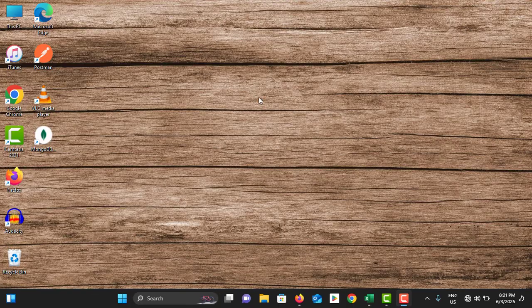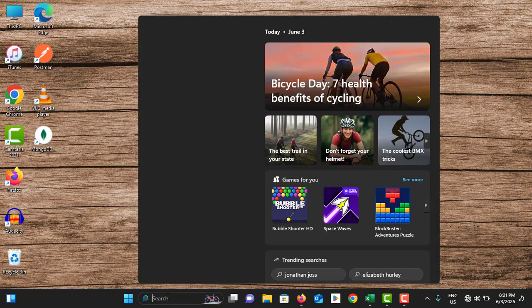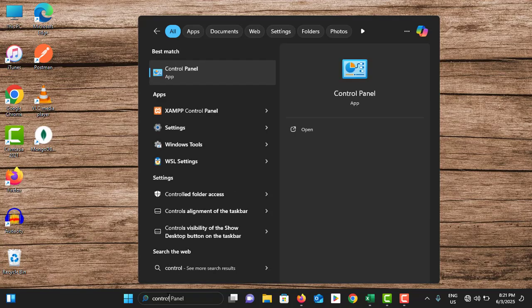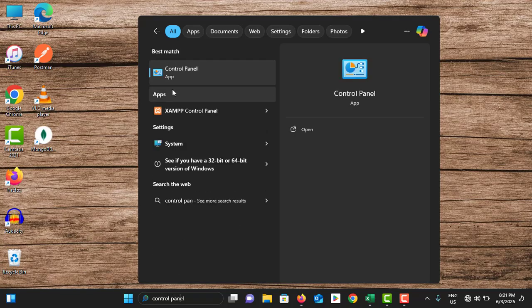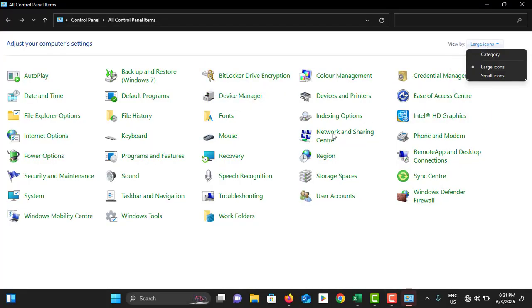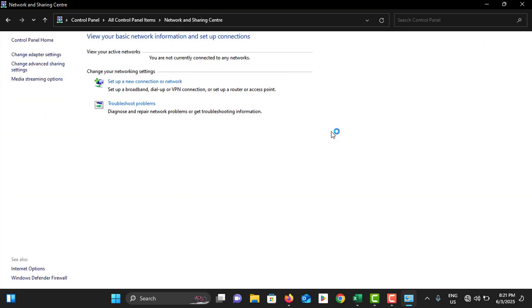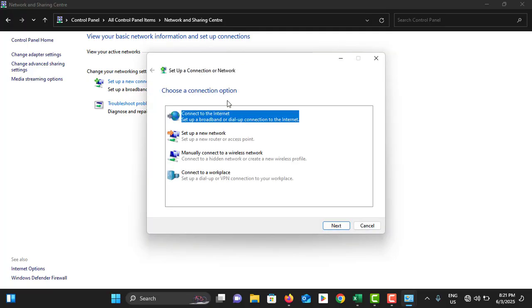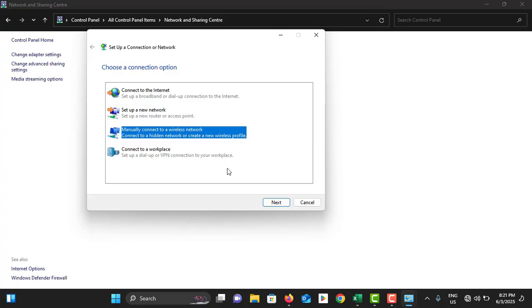So the last method is, go to the search bar, search for control panel, and tap on the control panel icon. In here make sure to set view by as large icons, then go to network and sharing center, tap on set up a new connection or network, choose manually connect to a wireless network, the third option, and tap on